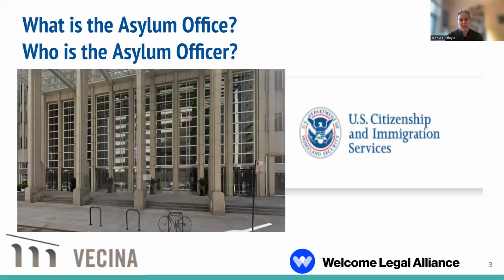So what is the asylum office? And our next slide just talks about this a little bit. And I think this is a photo of the outside of the Chicago asylum office, if I'm not wrong. The Asylum Office is part of USCIS, U.S. Citizenship and Immigration Services, which is the branch of the Department of Homeland Security that is charged with adjudicating immigration benefits. And one of those benefits is asylum. So USCIS has a whole asylum division with asylum offices around the country. There are, I think, 12 main asylum offices in cities around the country, and then they have sub-offices. And they'll also do what they call circuit rides to cities where they don't have offices.